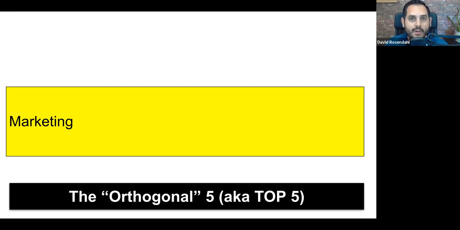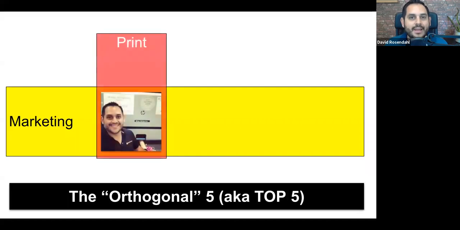I actually can share mine with you if you want, but I'm going to break it down and do a really simple example here. Let's say that print is one of my passions. And let's say that marketing is the core thing that I espouse, or the core thing that I'm communicating, right? So at the intersection of print and marketing might be a post about a new HP Indigo, right? Some exciting new piece of equipment that I happen to see on the floor of a client's location, or that I took a video of. At the intersection of print and marketing, there is a post for me.